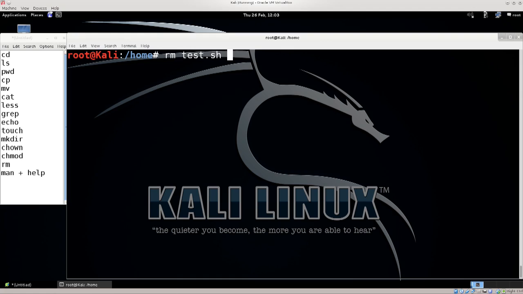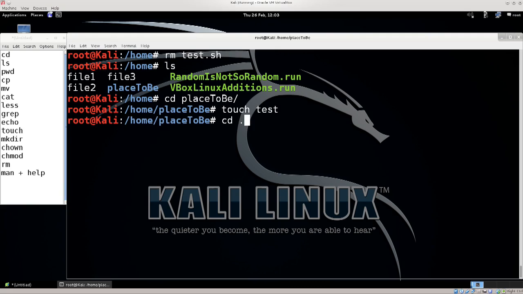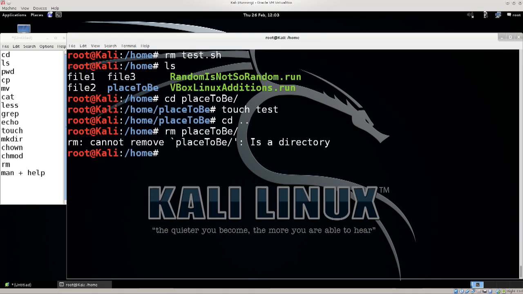So if I type in rm test.sh, it's going to remove it and it's no longer going to be there. But if I go ahead and navigate over to place to be and, I don't know, touch test, I'm going to make a new file there. And if I go ahead and say rm place to be, it's going to say rm cannot remove place to be because it is a directory. This is a failsafe of the rm. So you wouldn't delete a full directory because you wouldn't be able to recover it, and that would be really bad. What you can do is type in rm -f